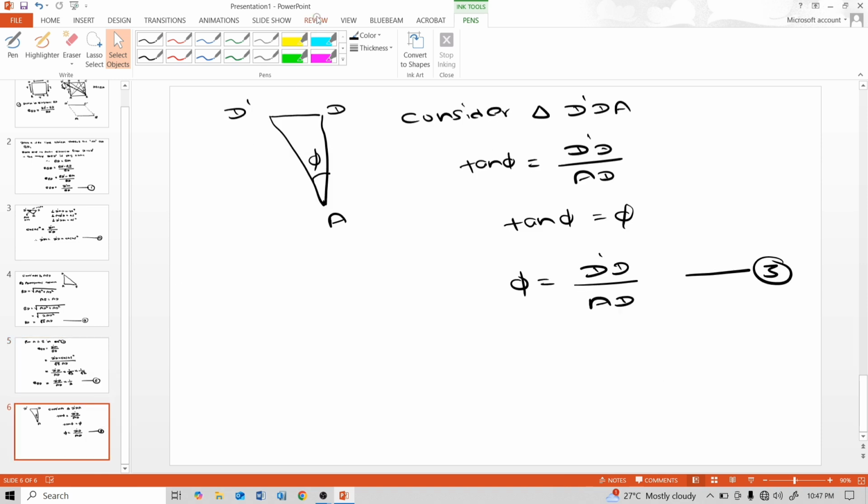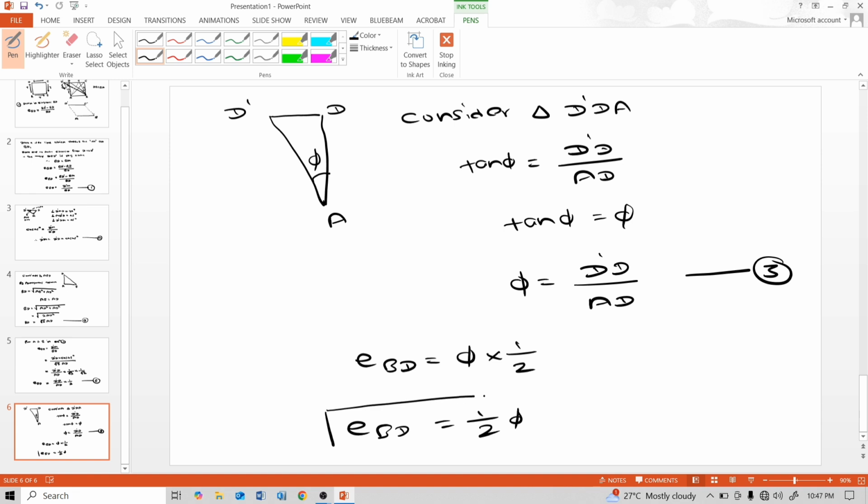Therefore EBD, the strain in diagonal, is equal to phi into 1 by 2. That means 1 by 2 into phi. This is the strain in this cube diagonal. Okay. Now we know that modulus of rigidity is